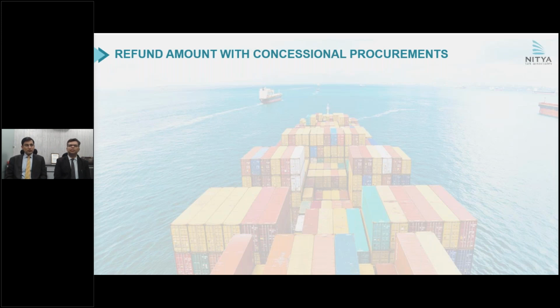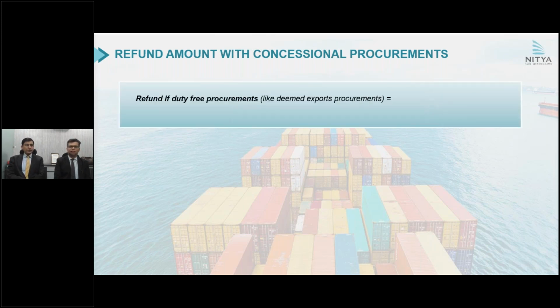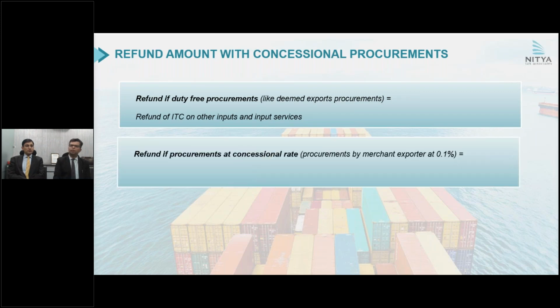In the last slides we discussed that if an exporter has some concessional procurements and normal procurements, then there was a formula of how to claim such refund. Now, if an exporter has concessional procurement, interestingly, there's a Rule 89(4)A, which has not provided any formula. It only says that whatever refund of ITC on other inputs and input services is there, you can claim refund of that. Similarly, for concessional rate as well, there is no formula provided under law of how you need